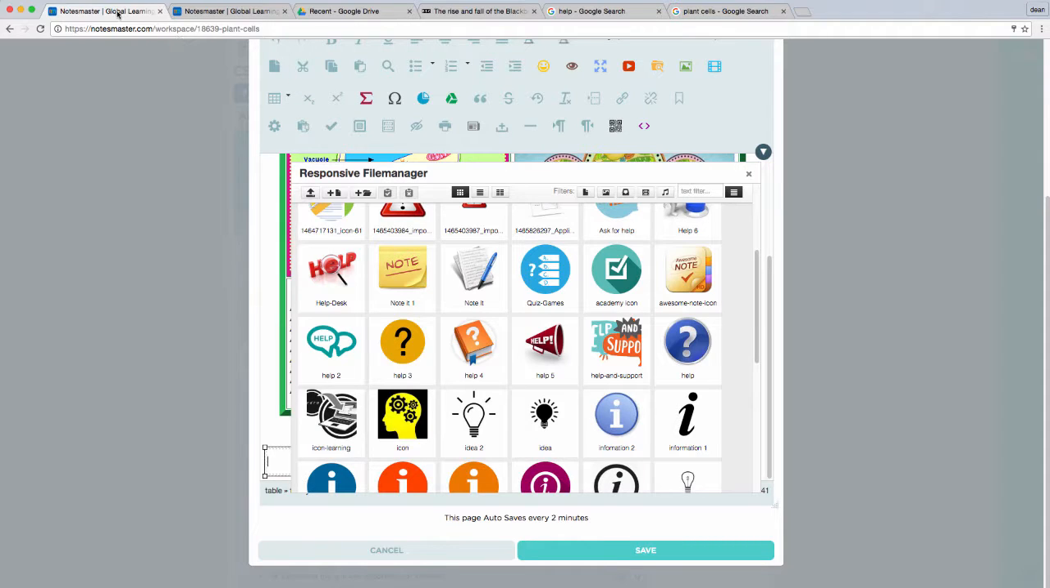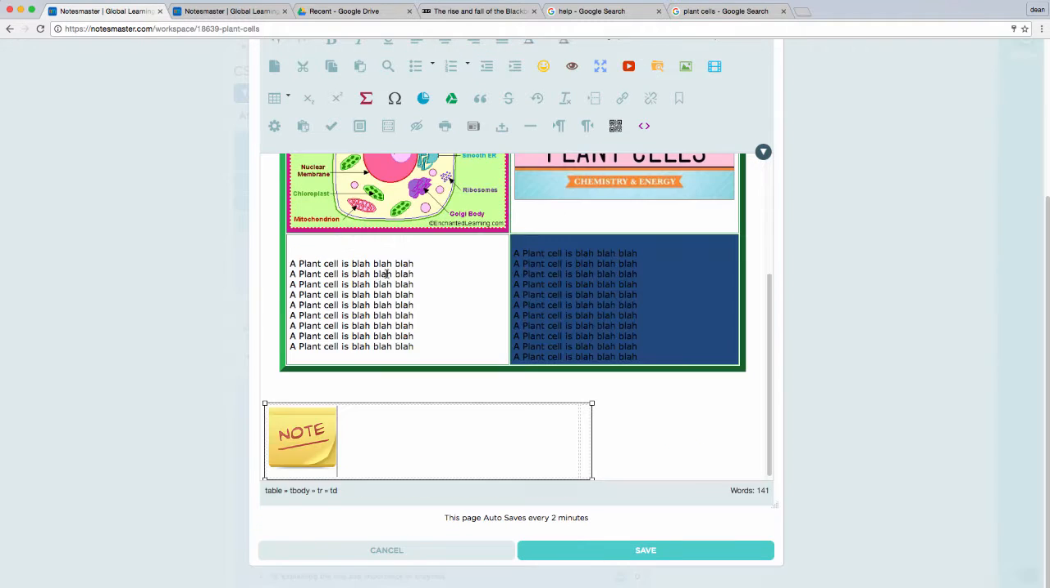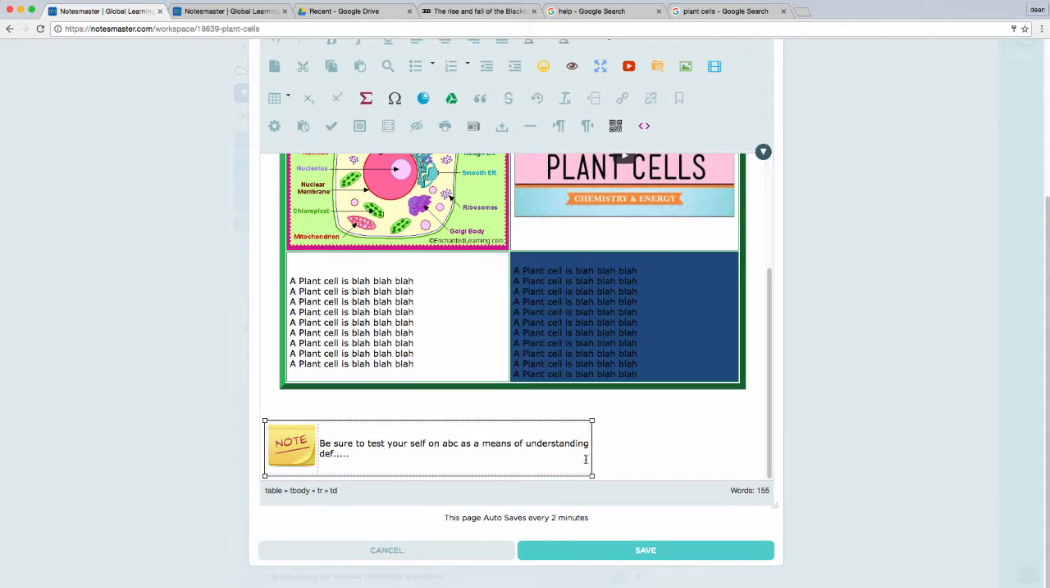What do you feel about it? So if I click on this note it, or note, it'll go in here. And then I can paste some text in, just reminding my student, as a question, to be sure to test yourself on ABC as a means of understanding DEF. So you're just really using, if I shrink it down, little prompts here,